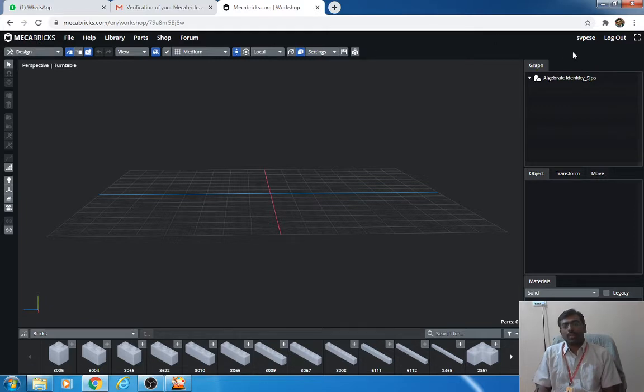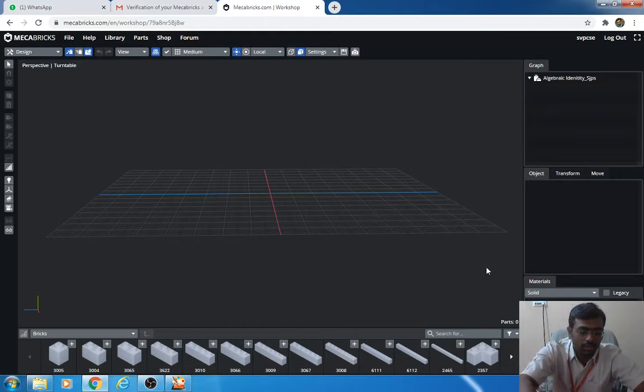It has a sign in, sign up and login option. If you need to, you can sign in and save the file. It is not compulsory, you can do it without signing in also. I have created an empty template called algebraic identity to explore. Now let me explain how we have to work on this platform.